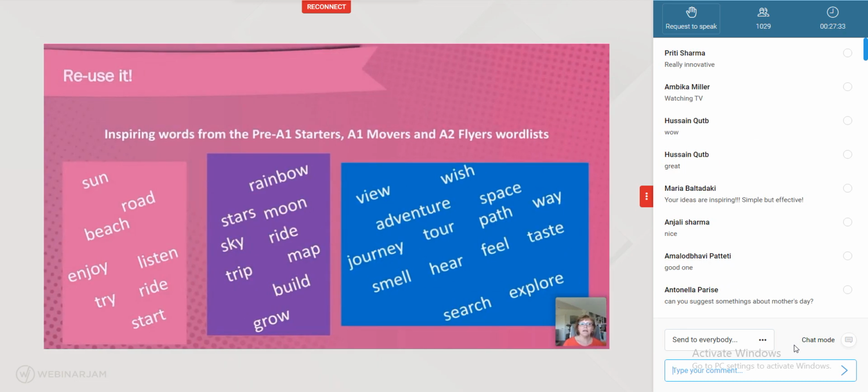So here's a slide to show you some other words that you could do this activity with. Okay, so these are what I think are very inspiring words, and they come from the Starters, Movers and Flyers word lists, okay, which you can find in the handbook on the Cambridge Assessment English website. Okay, so some nice, simple, inspiring words, but simple. For example, wish, adventure,